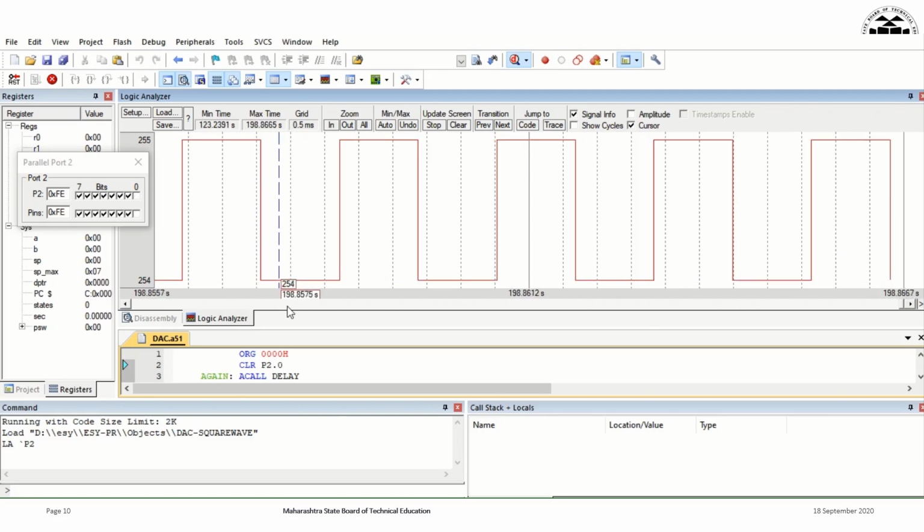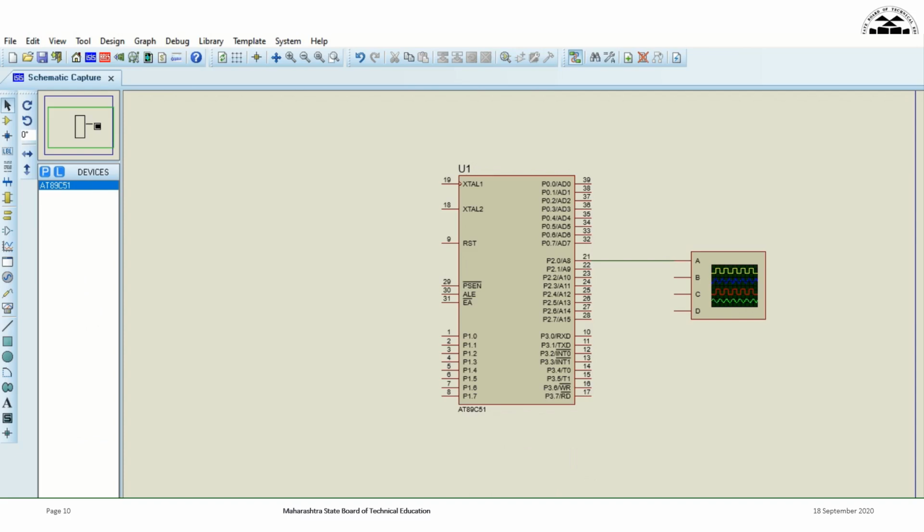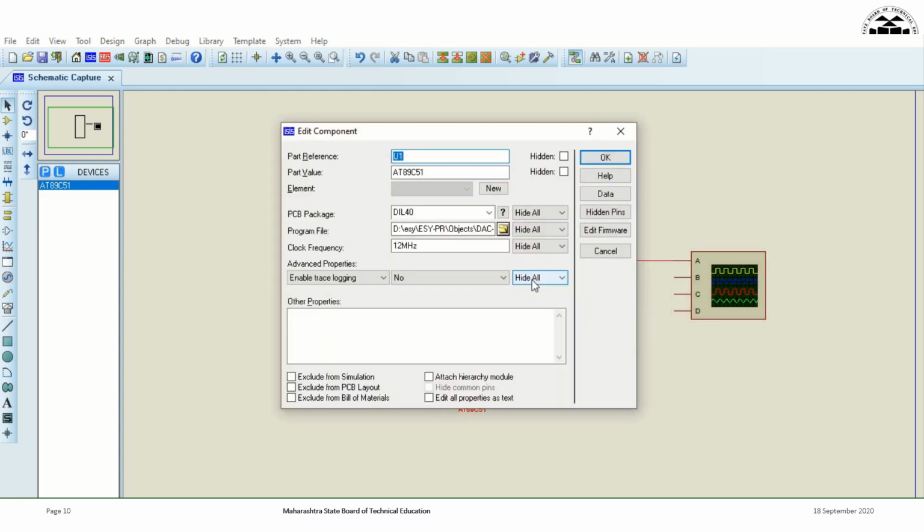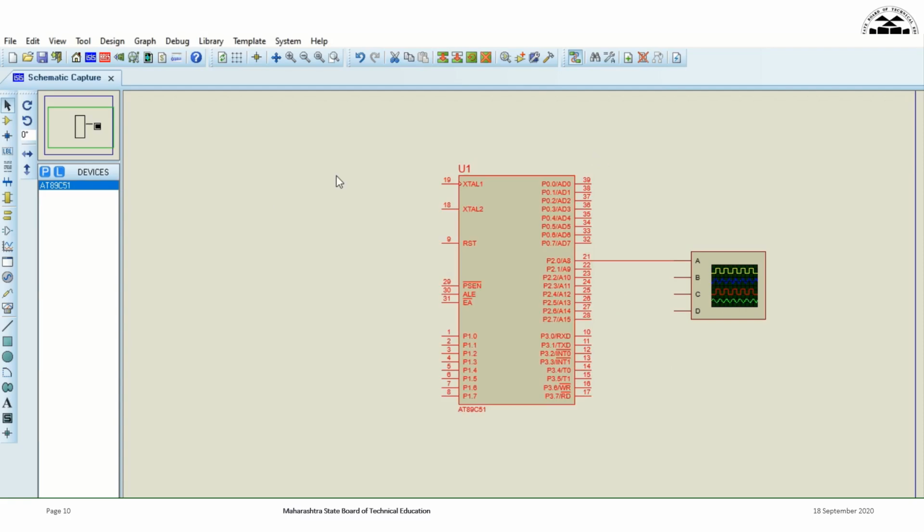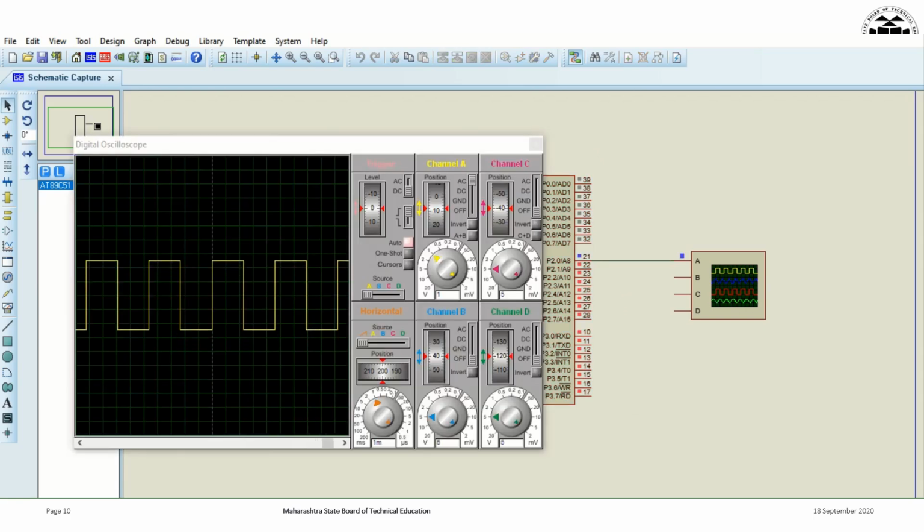Also, if you want to know whether this program will work in hardware, we can do it by using circuit simulation software. So here you can see an IC Atmel 89C51 is taken. A CRO is connected at port pin P2.0. You need to download the hex file of the program which we have just executed in Keil MicroVision IDE. That hex file needs to be burned in the microcontroller IC. So that is done. Now when you run this simulation, you see a square wave is getting generated on the CRO. So that is how we can use a program for toggling of port pin to generate the square wave.